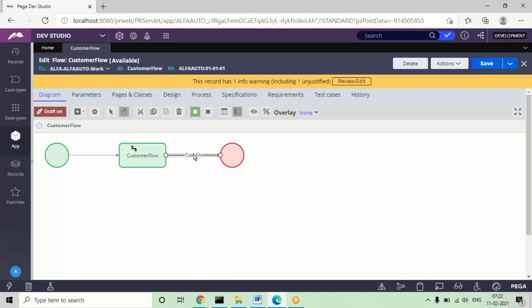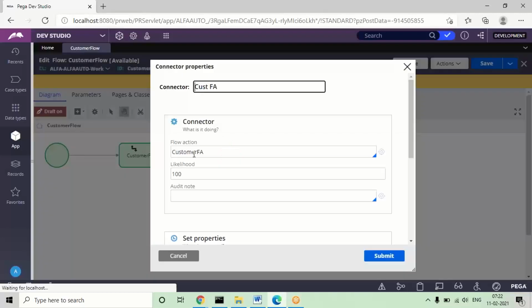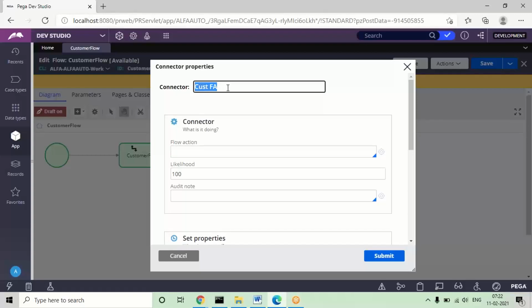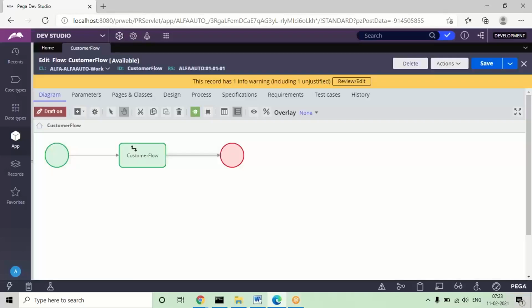Suppose I remove the flow action. I will add it again, but as of now I'm going to remove this once. If I save this, I will not get any error message, because draft on is just a dummy flow.